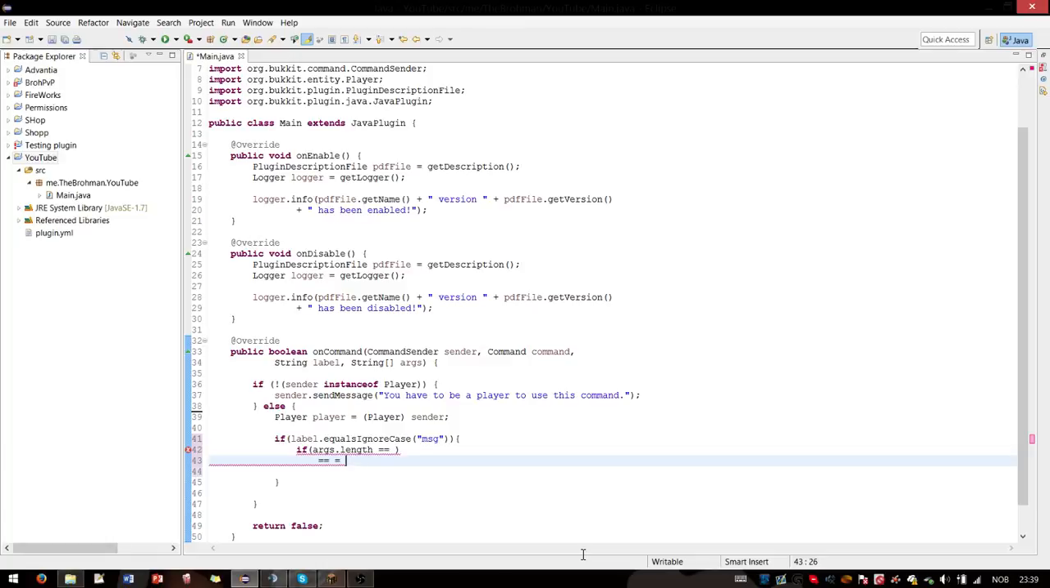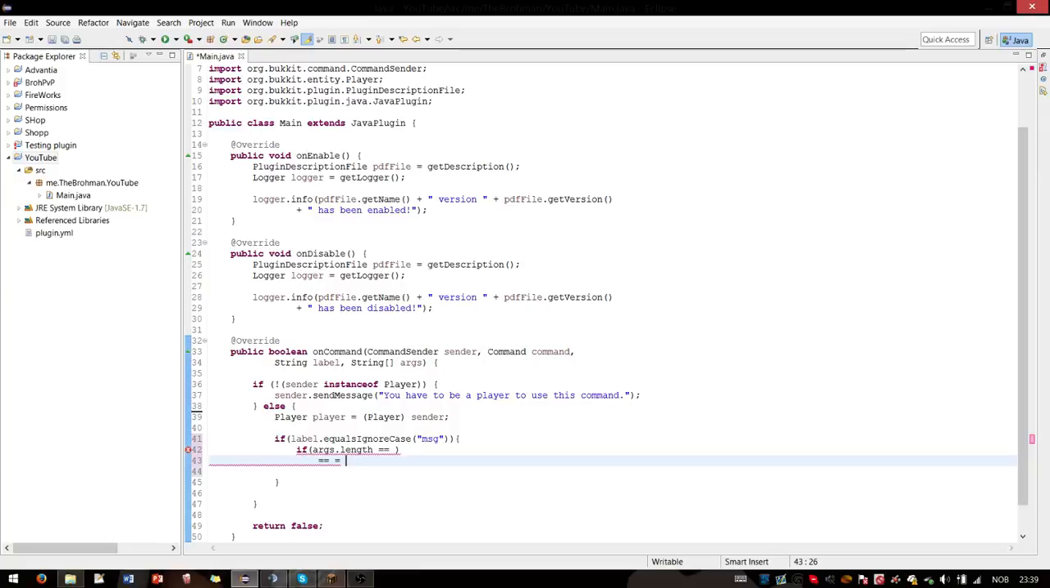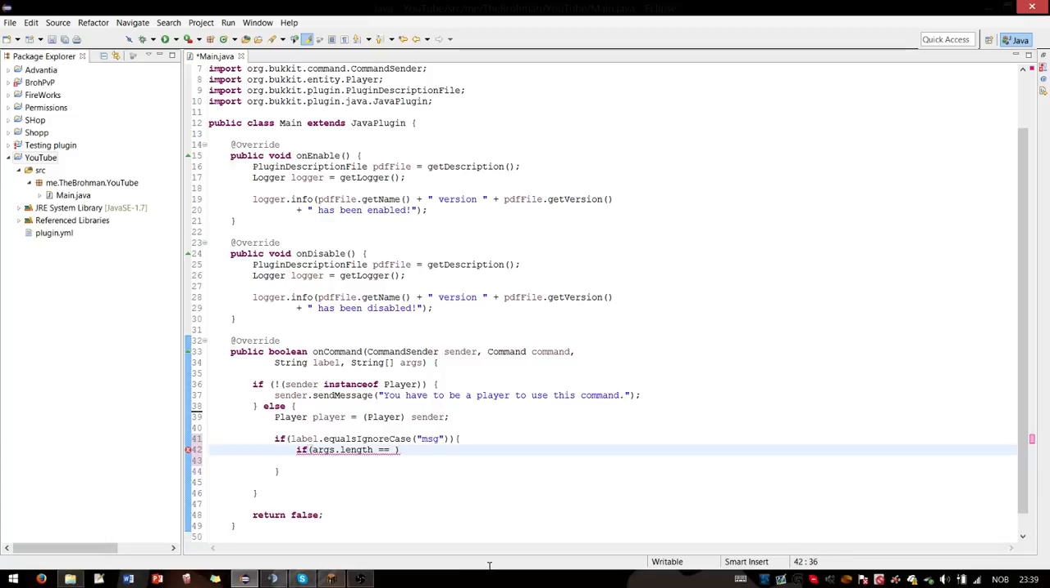Oh, sound muted. Sorry about that, I forgot about TeamSpeak. An exclamation mark, so !=, means not equal to. Then of course you have the crocodile ones, so greater or less than or equal. So yeah, here we go. If args.length is equal to 0,